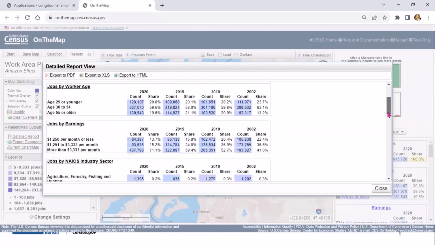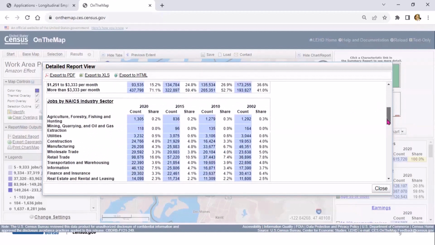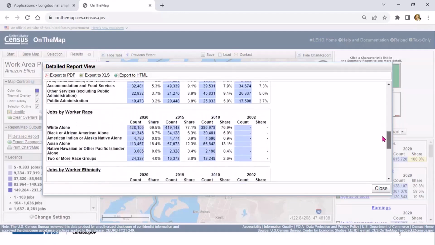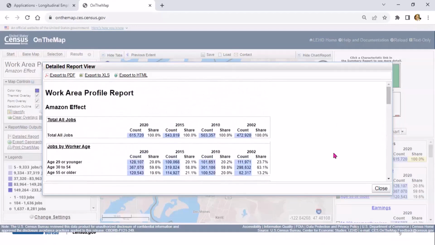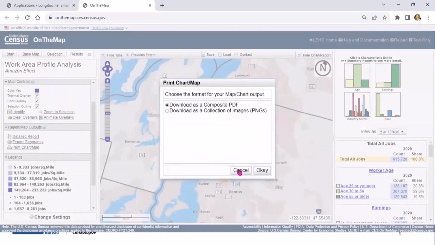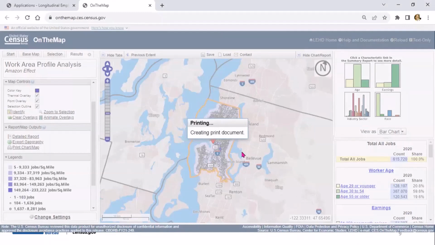And then you can just kind of scroll. And if you're looking at the answers to your questions, it'll all be here. But I'm going to show you how you can look at it from other parts. So we'll close out of that. And then just to let you know, you can export this geography and you can click on this print map and it'll create this document for you that is going to be like a PDF.